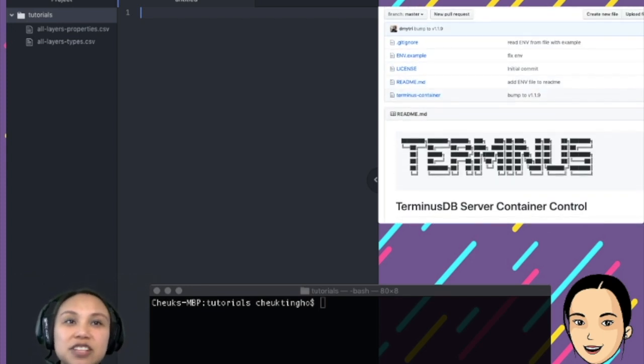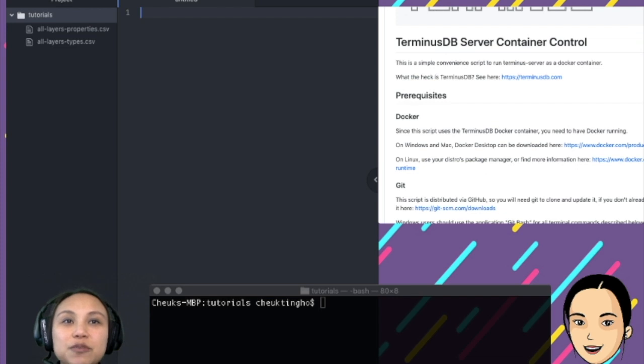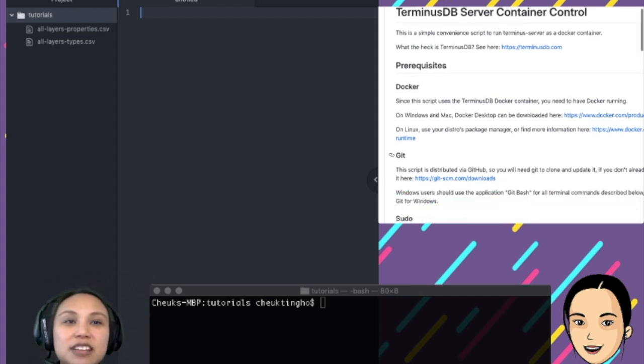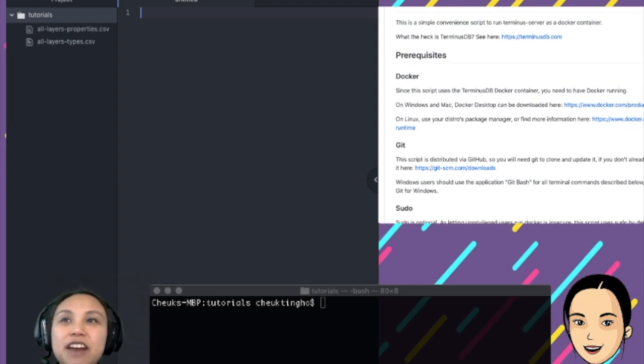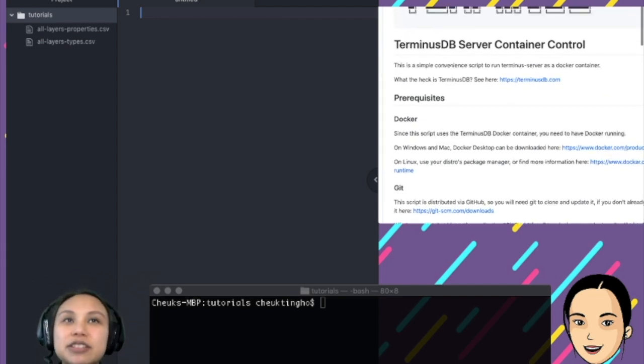All the instructions are here. You won't get lost. You just run terminus slash terminus-container, and that's it. It handles it all for you. You don't even have to know Docker to use it, which is very good.